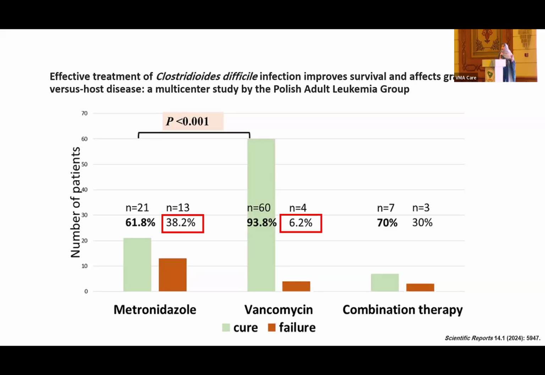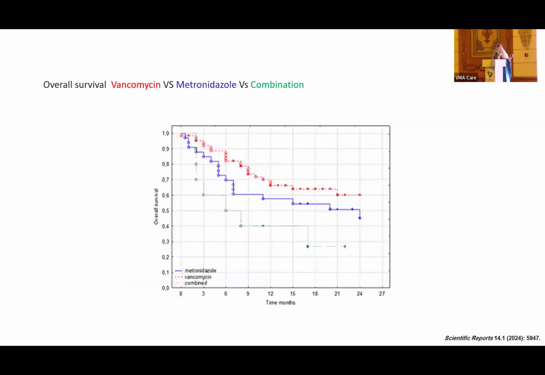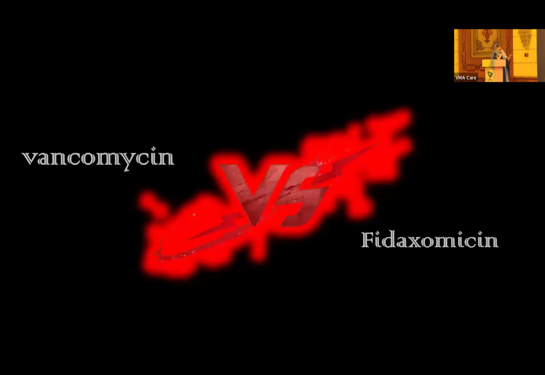What about the combination therapy? We can see that vancomycin alone is much better than metronidazole alone and is better than the combination therapy. So there is no role for metronidazole and no role for the combination therapy in allogenic bone marrow transplant. Now, fidaxomicin versus vancomycin, and I think we should really start thinking about which medication